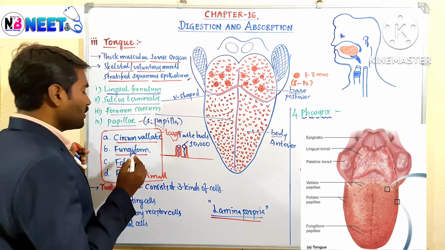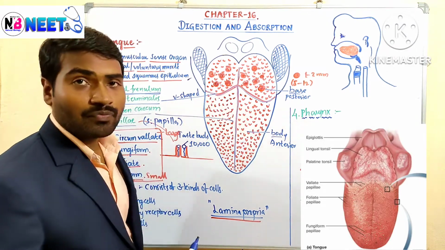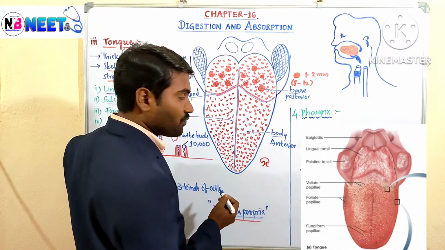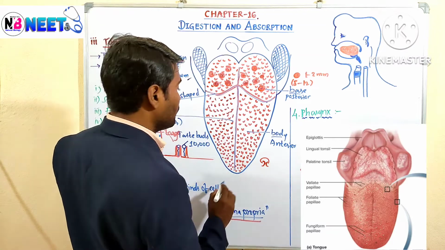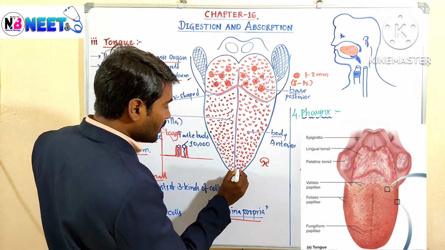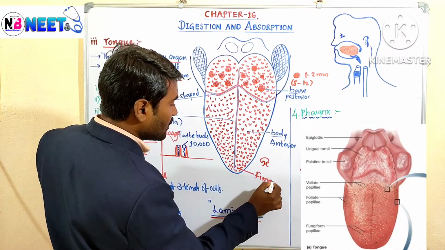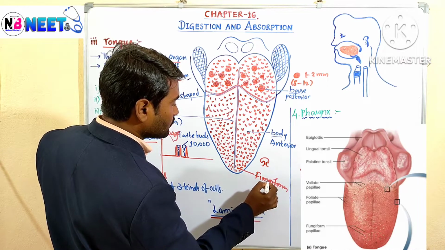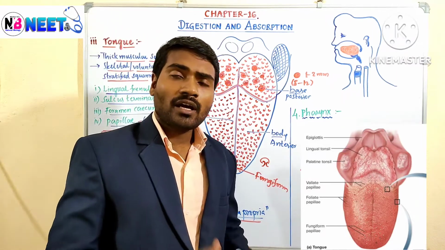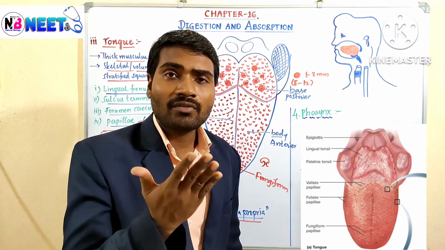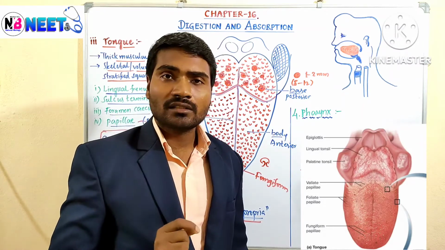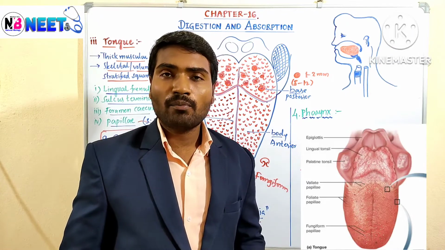Right. Circumvallate papillae. Come to fungiform papillae. Their structure resembles a fungus, a mushroom, so these are called fungiform papillae. You can see these dots in the anterior part. You can also see them on your own tongue in front of a mirror. If you open the tongue, we can see small red-colored dots. Those are called fungiform papillae.